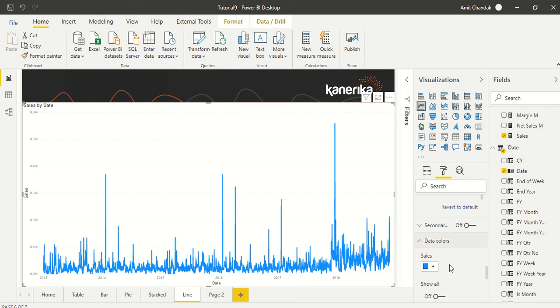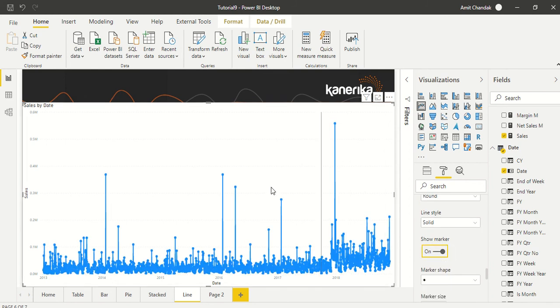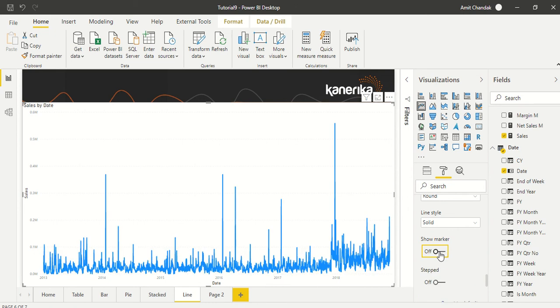And in data color, even if it is single, you don't see any option. So the way out is to create a bar visual. As long as you have a single measure, create a bar visual, create a conditional formatting, come back and have it here. Okay, and for that you might actually need some shapes. So you need to show markers, and once you show those markers, they will have those colors which you get from the conditional formatting of the bar. Right now, because it's too clumsy, we will not show that. So we'll continue without having a marker.